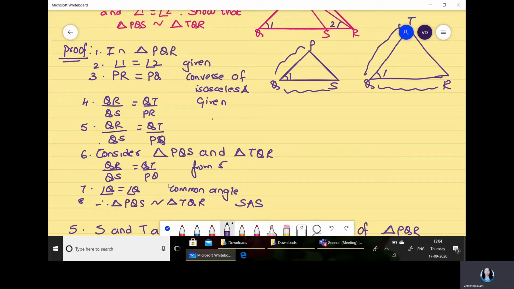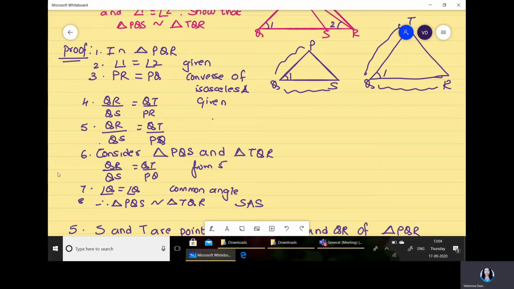I hope this is very well understood. So we should analyze from the back, and try to find out what we are required to prove. If you draw the diagram separately, you will get a clear picture: what we are supposed to do and how we have to manipulate the given.